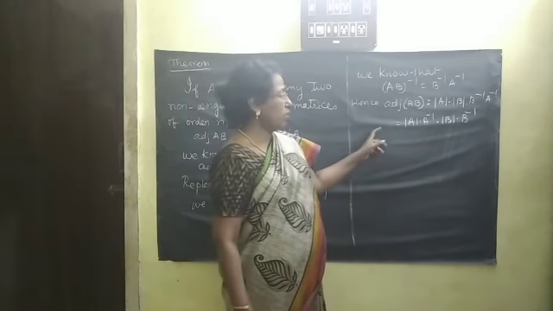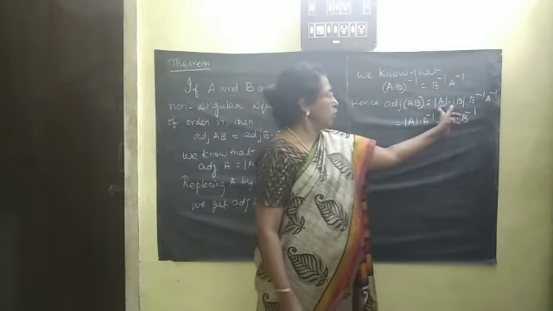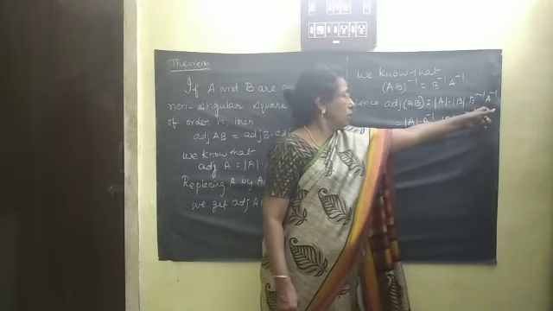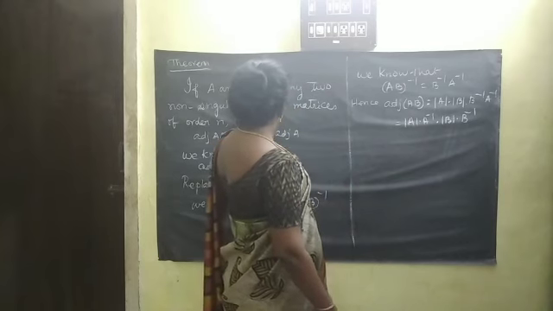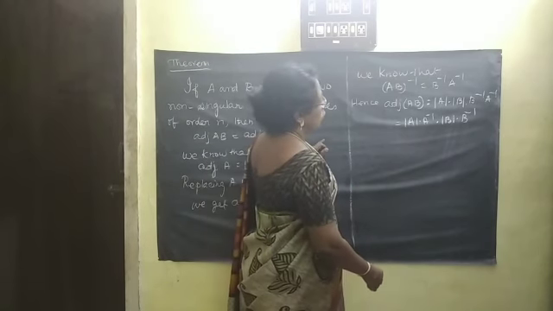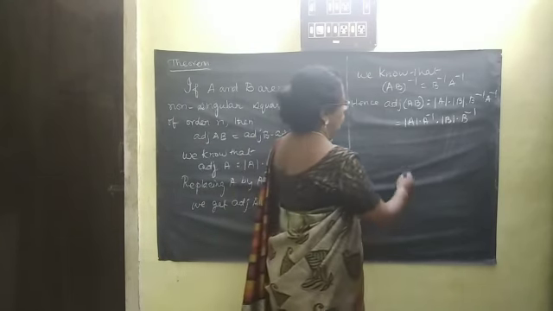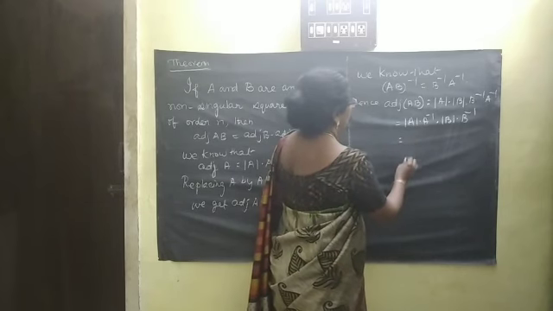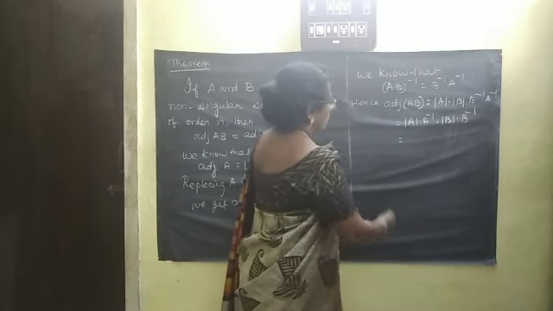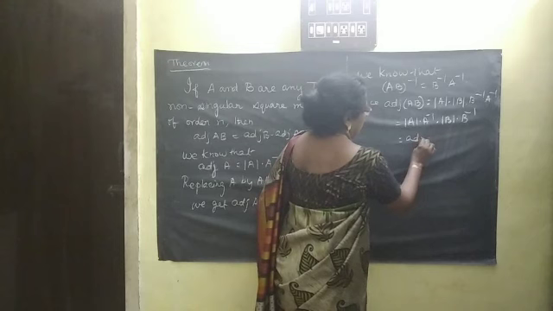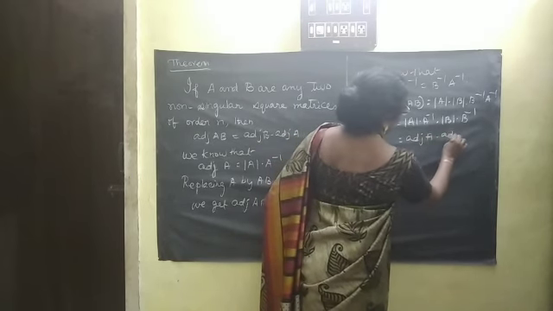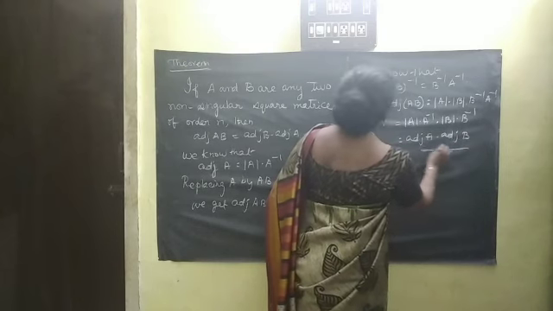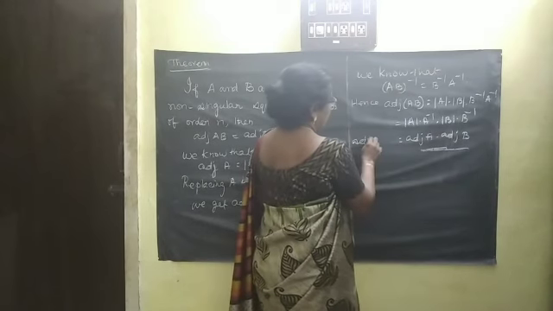By associative law, this can be grouped: determinant A into A inverse, determinant B into B inverse. So this is nothing but adjugate of B into adjugate of A. So adjugate AB is equal to